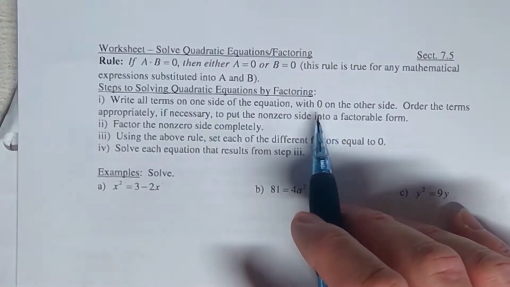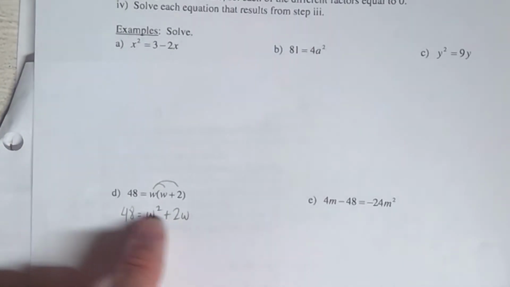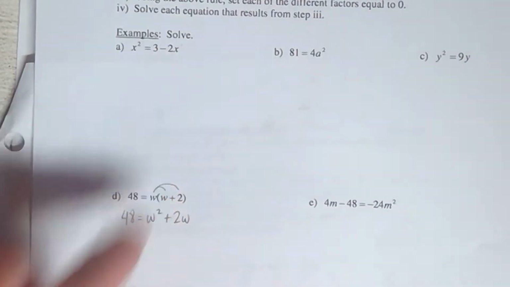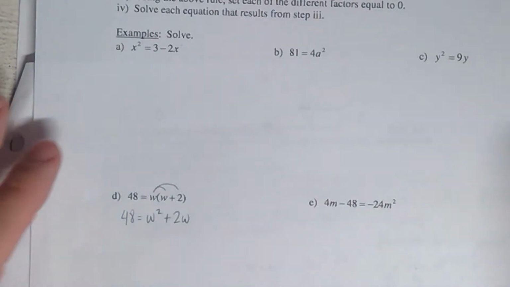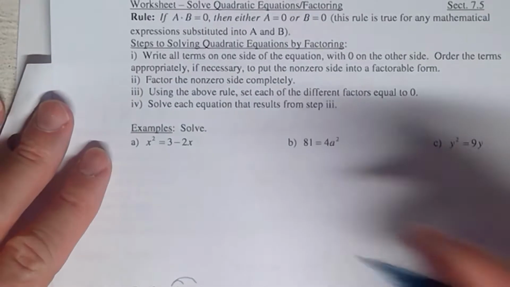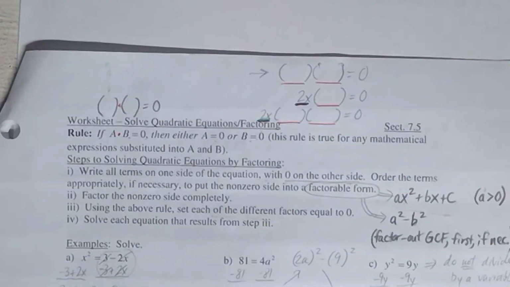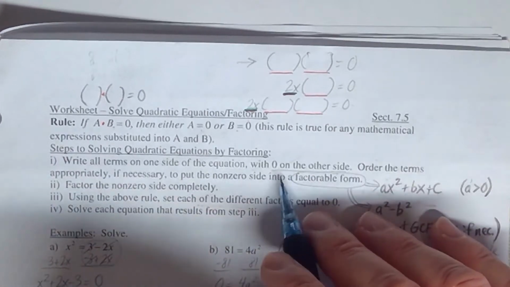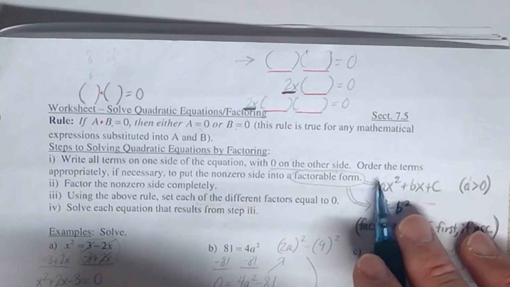All right, so they want us to put all the terms on one side. What that means is that if you don't have any parentheses, and if you do, clear those out first like I said, then you add and subtract the terms over to the other side, kind of like what we did in the third step of the linear equations in the last video, where you add the same amount to both sides. But you want to put the side that doesn't have the 0 on it into a factorable form. And one of those factorable forms that we learned back in the factoring chapter